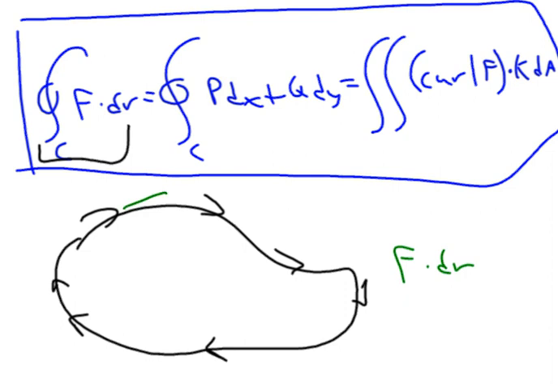What we said was that that adds up all the work done in the direction of the tangent vector as you move along this curve. So that integral of all that work together, from start to finish,